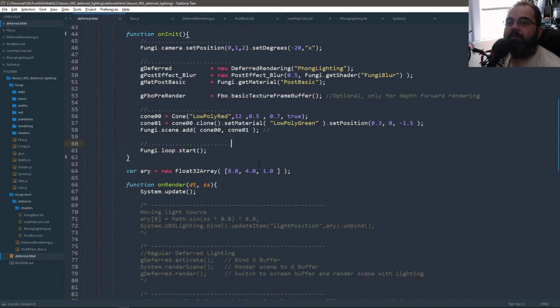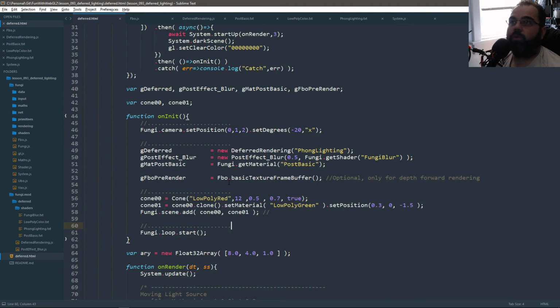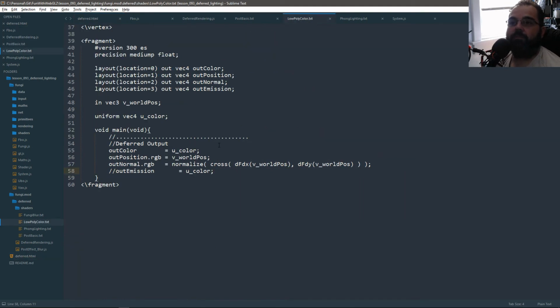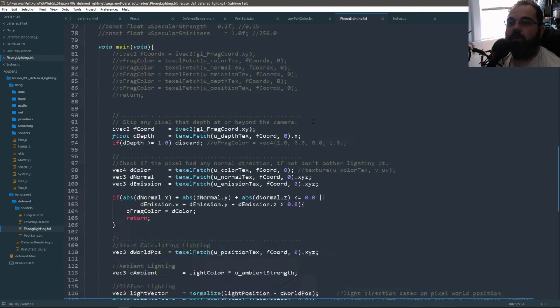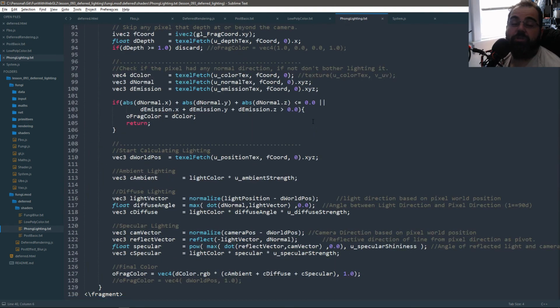And that's it. And that is deferred lighting in a nutshell. I guess to recap, like I said, you create a frame buffer. You store all your bits of information in each texture. And then at the end, you do your regular deferred rendering, and you just sample all that data and then use it as you would if you were rendering with forward rendering. Like I said, you have to get world position